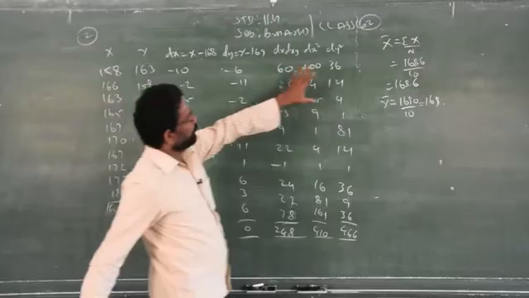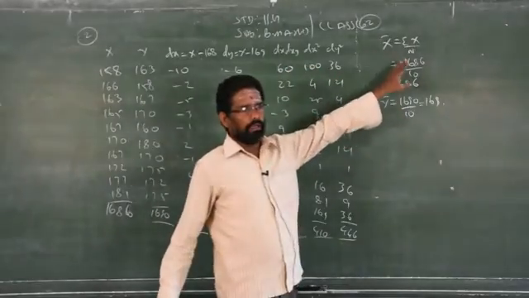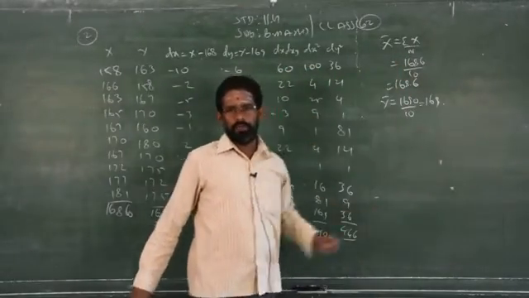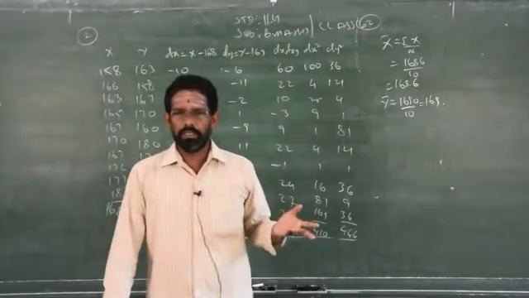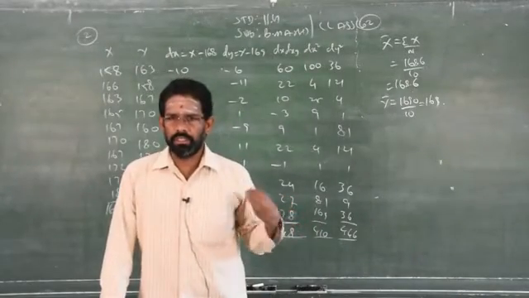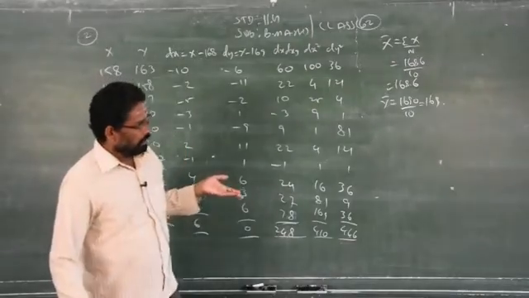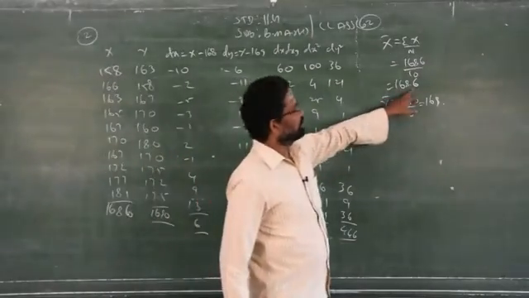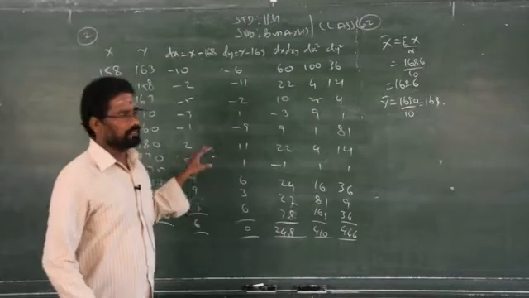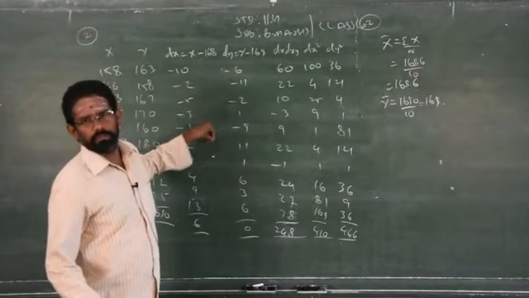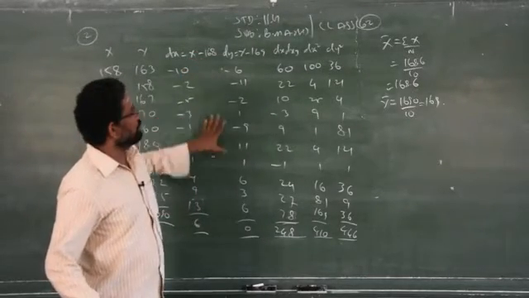So first you have to find what is x bar and y bar. When x bar and y bar are whole numbers, then you can go for deviation with assumed mean, that we did already in exercise number 9. Follow that method. If it is not exactly a whole number, like this, then you go for the deviation method with assumed mean. Clear? So this is the assumed mean method.